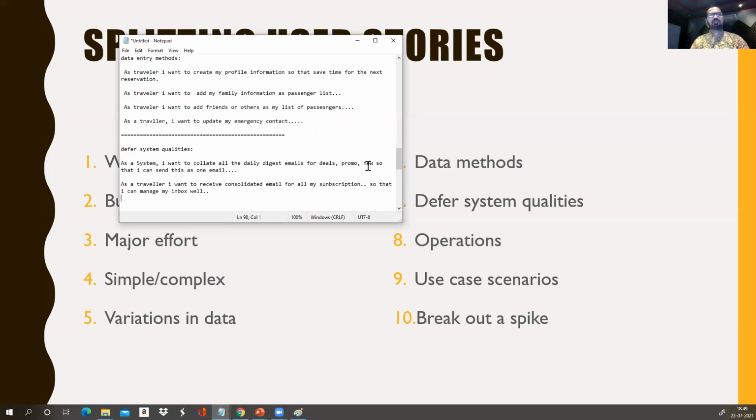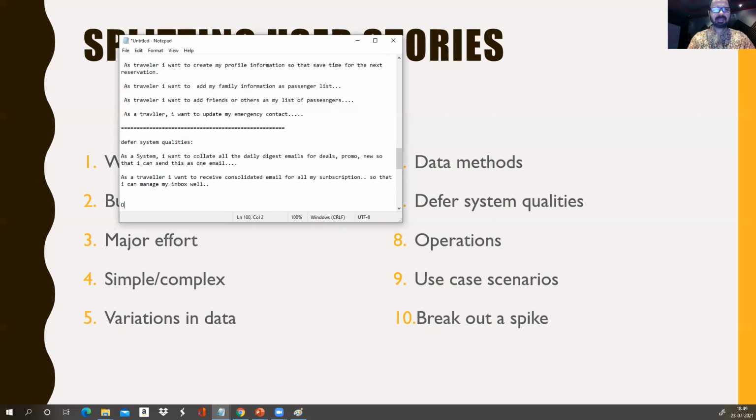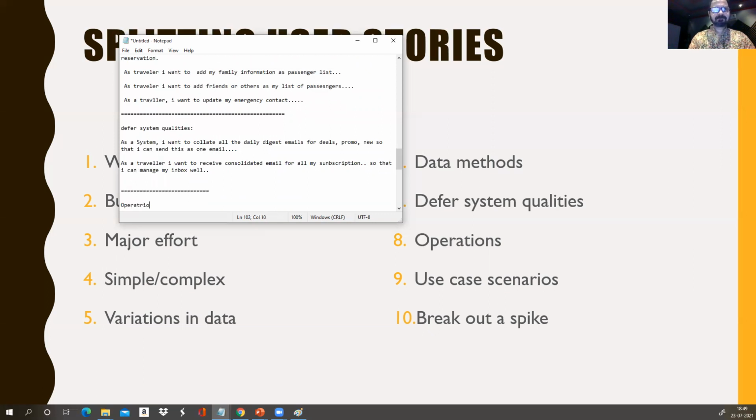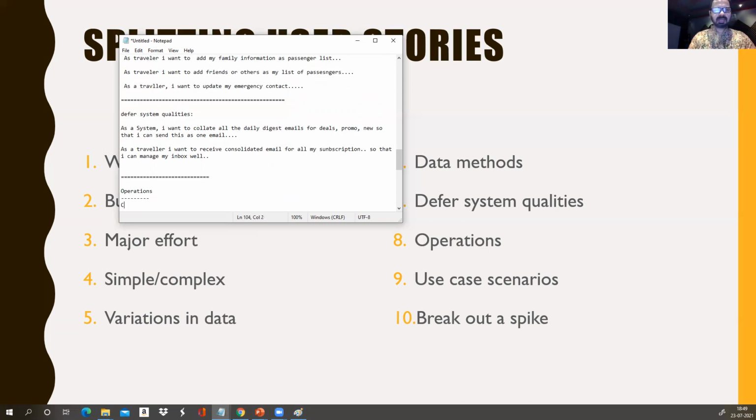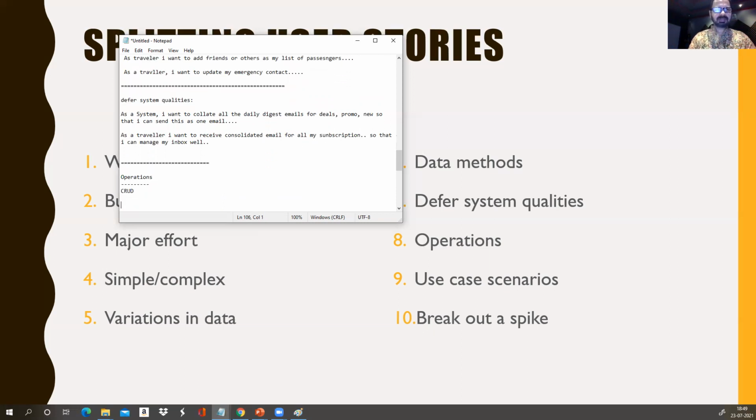Now we will get into operations. Operations is straightforward. We will not get into much detail. What are operations? Operations are your CRUD operations.